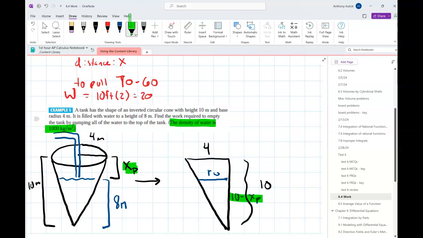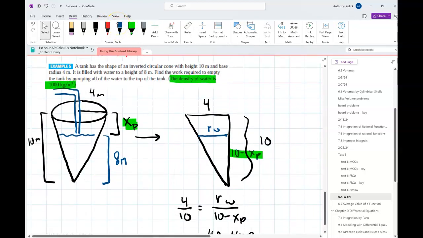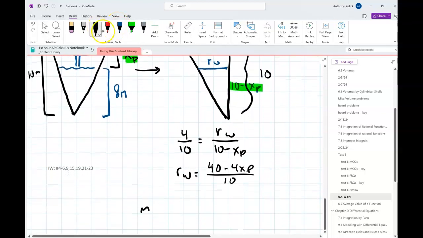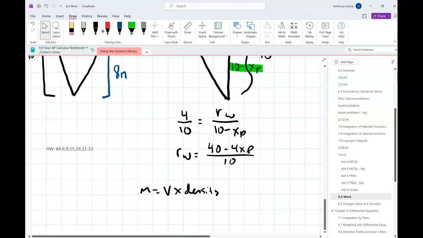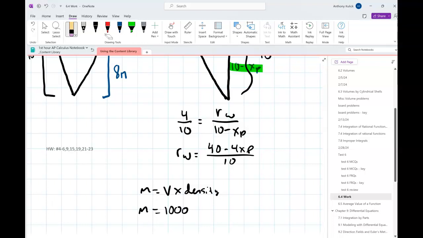I'm going to use that to get the mass. Mass is equal to volume times density. So my mass of water that I'm going to be pumping is, well, my volume. And the volume for this is going to be